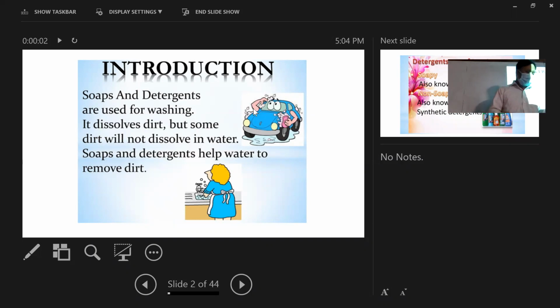That is easy. But if it has some oil, that cannot be washed with water. So if you have water, then you can dissolve something which is polar. But if you have something which is non-polar, then you need something that is also non-polar. So non-polar dissolves non-polar, and polar dissolves polar. So we use some chemicals made of